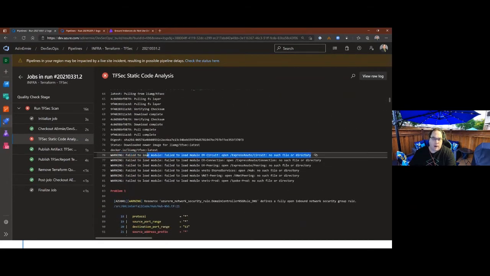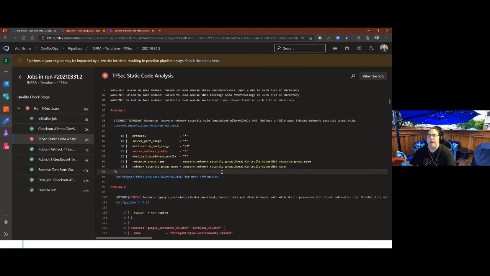So here's where, if we have warnings like I was talking about, something like this where it spits out a warning because it couldn't find or load a module when it's doing that module evaluation, this may surface itself in the XML file when publishing the results, and that could cause an issue where the results won't work. It won't be able to publish because it's not finding the pattern it's expecting. So that's one thing to be aware of.